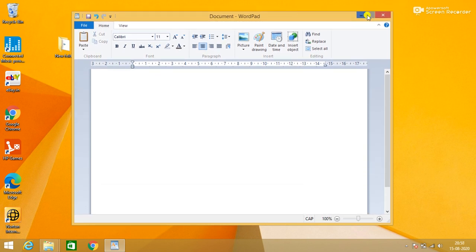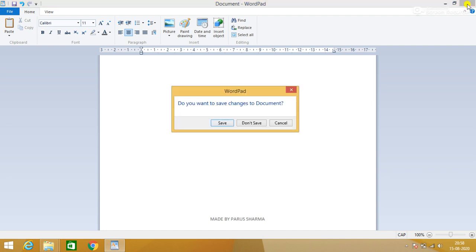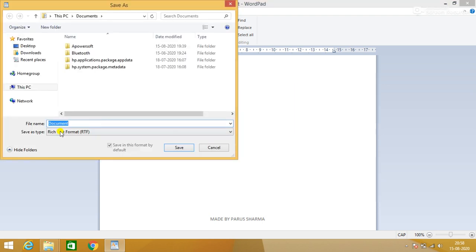Now how can you close your window? You can close your window by the close button. I already told you that this is the close button, and when you click here, the window gets closed. But if you didn't save it, the data gets washed away and you can't use the same document on some other day. But if you have saved it on your computer by clicking on the save option, it will ask you to write the name of the file, and then click on the save button.